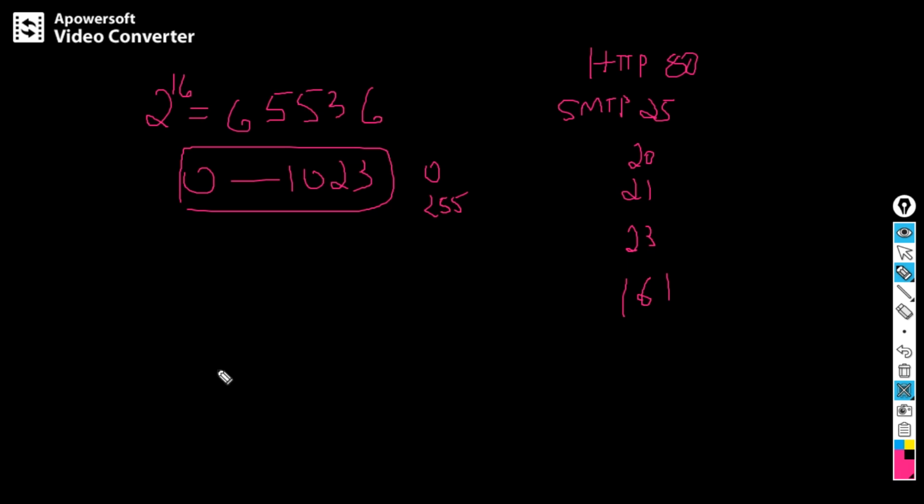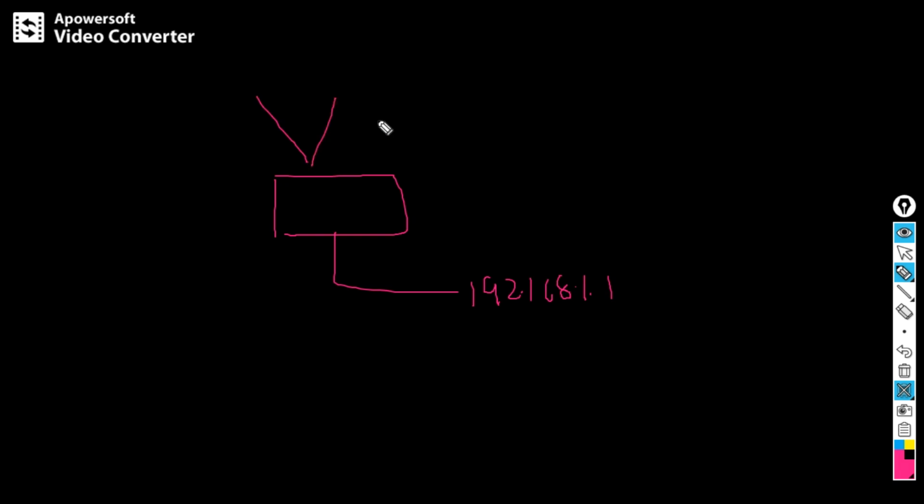For example, just think, let me clear this. This is my machine. I am using 4 applications here. The machine IP is 192.168.1.1. You think like this, and I am using 4 applications: 1, 2, 3, 4. One is mail, SMTP 25. One is HTTP 80, I am browsing Google. I am using Gmail. And I am telnetting, 23. And I am using FTP to download certain data, 21. 4 ports I am using, right?